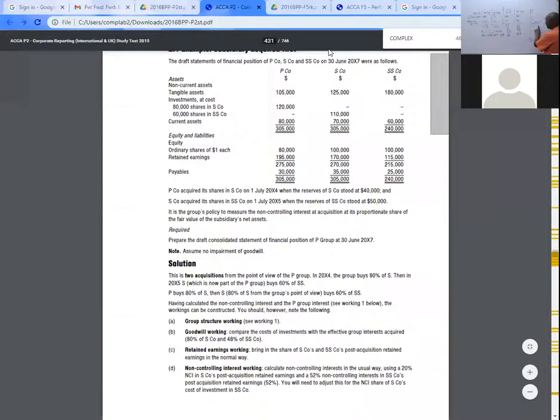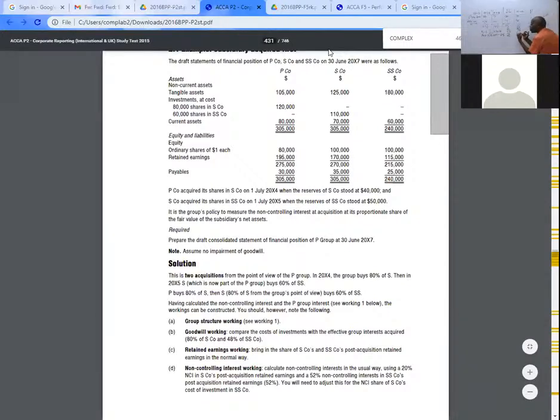Ideally, this 110 should have been paid by P 80%, P wangelipa 88, na NCI wangelipa 22, right? But you and I know for sure that the entire 110 amount was paid by who? By S. And S is our subsidiary, so it means that the parent basically paid the entire 110,